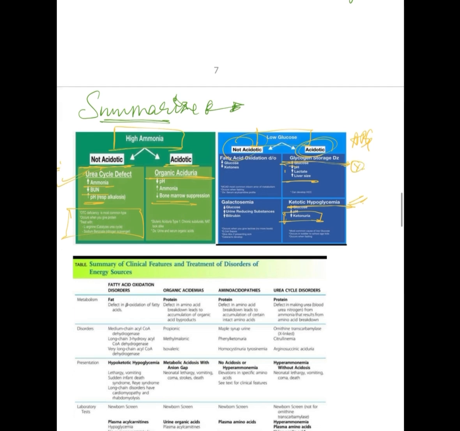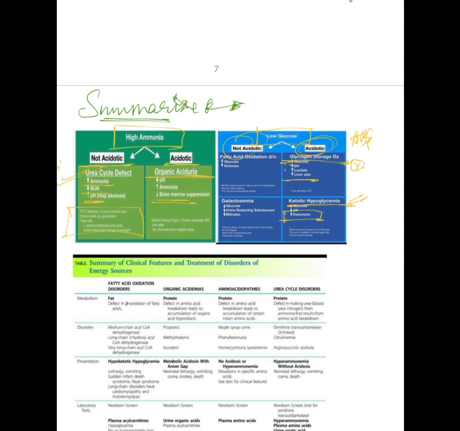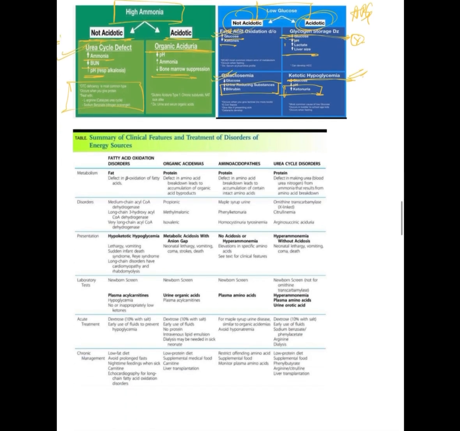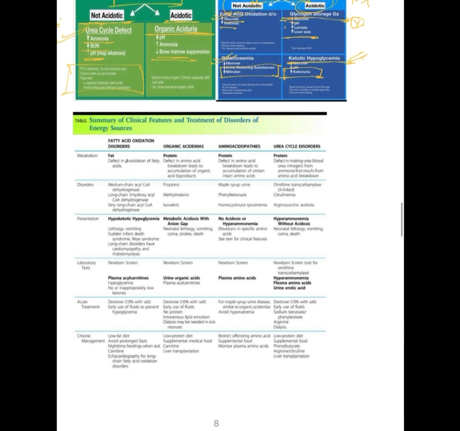However, if the patient has a normal pH or raised pH but not acidosis, then think of fatty acid oxidation disorders, where there are decreased ketones and decreased glucose. And then also think of galactosemia, where there is increased urine reducing substance, which is galactose in this case. Okay, so summarizing all this stuff,